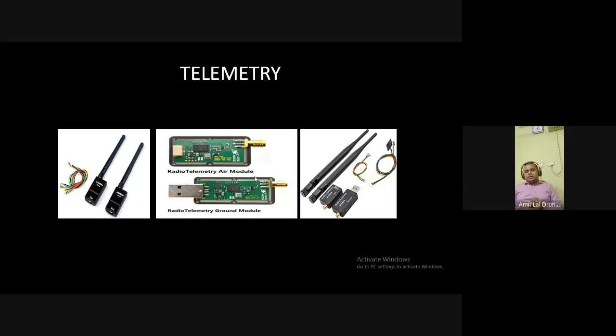Talking about telemetry, as I said, telemetry is something like when you use your drones, they may go beyond visual line of sight. Sometimes they may be in visual line of sight, but you cannot talk to your drone. For example, you are with your friend and your friend is just 10 meters away from you. If he has any problem, he can speak up to you, but your drones cannot.